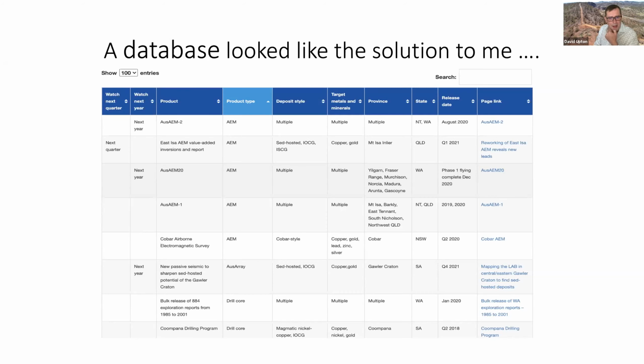So I did that, and the model is a subscriber site, so people pay an annual fee to access that material, and it's free to government geoscientists. So if anyone's in that category and they're listening and they'd like to have access to the site, just let me know through the contact page, because it would be silly to charge you people for the benefit of my interpretation of what you're doing.